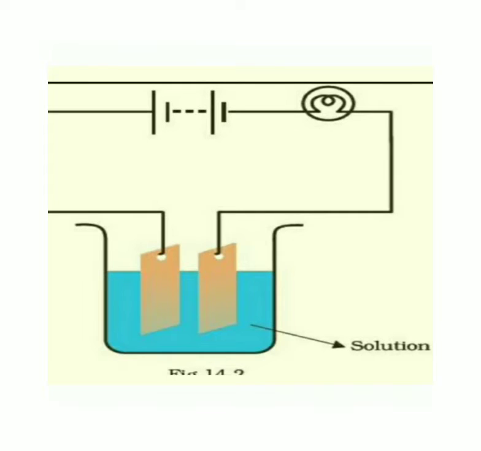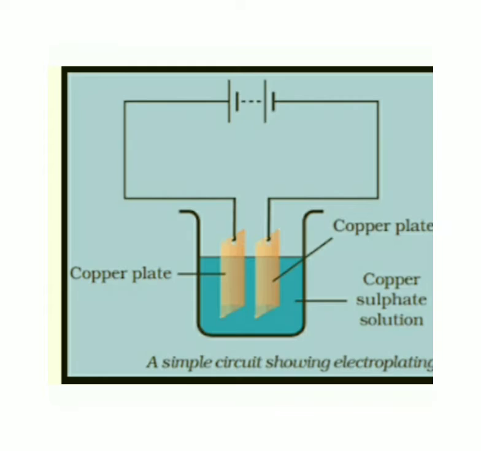We should make a solution of copper sulfate. Copper sulfate is a salt. Let's dissolve copper sulfate in distilled water, about 250 ml of distilled water. Now in this beaker we have a copper sulfate solution, which is a good conductor of electricity. Now to increase the conductivity of this copper sulfate solution, let's add a few drops of sulfuric acid to it. Now the solution is ready for passing electricity through it. Now for the solution to conduct electricity we shall put 2 copper plates in it.